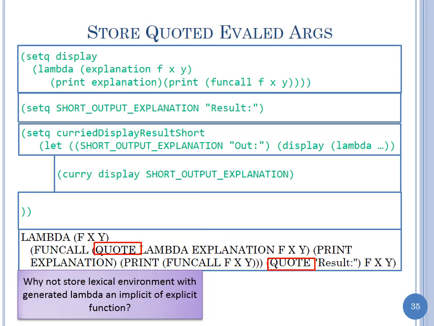So what we did was evaluate and quote the arguments and the function. Okay, that's what we did last time. And then the question arose, why not store the lexical environment with the generated lambda as an implicit function, and not do the coding? Okay, and I told you, it doesn't quite work,